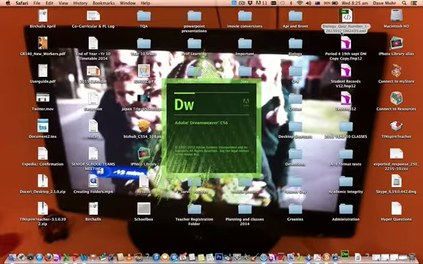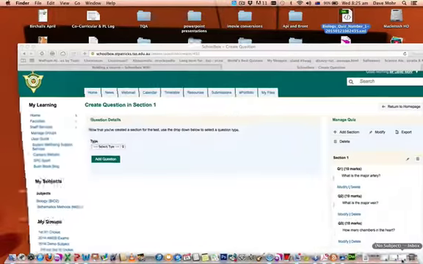I can then save that. Here it is. It's actually loading it up now. I can actually save that into a folder, and if I've got that, I can use that once again in a future quiz. Okay, so